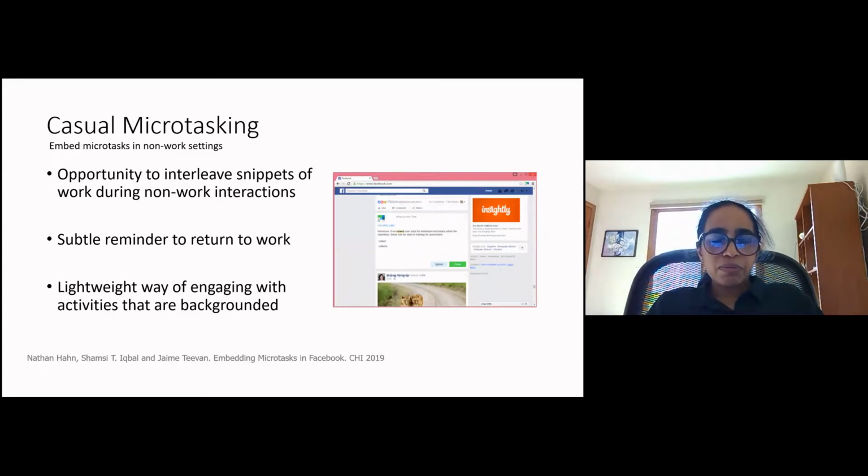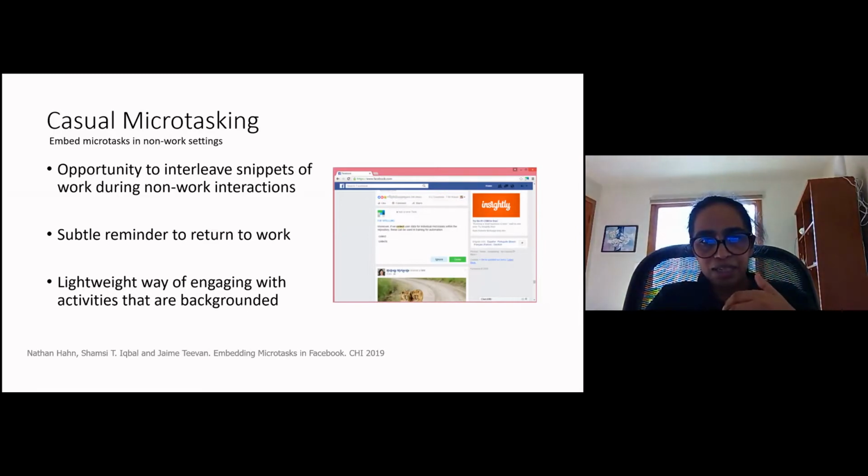We also wanted to see, given that microtasks are intentionally not designed to be super engaging, what happens if we start flipping the distraction part, and we start presenting microtasks in people's social media feed.